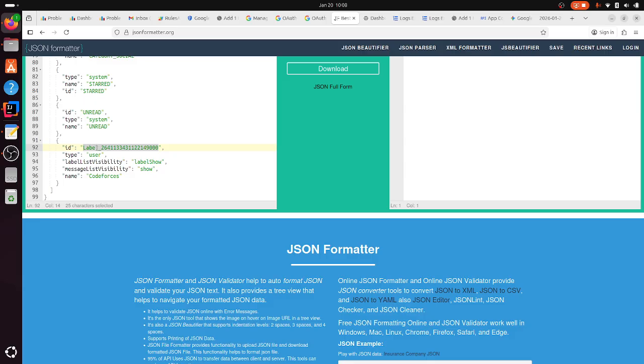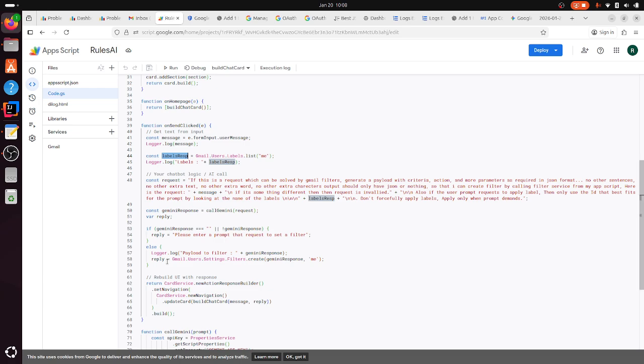So this is the ID that is going to be used by Gmail user settings create. This function needs the ID to create a rule. So to get the ID, we are fetching the IDs from this labels list,